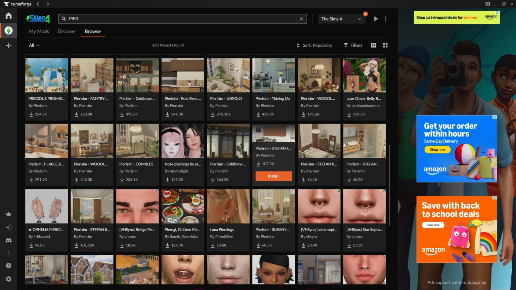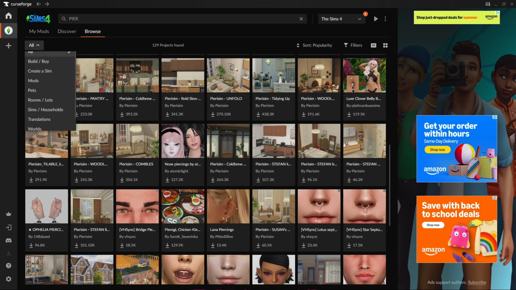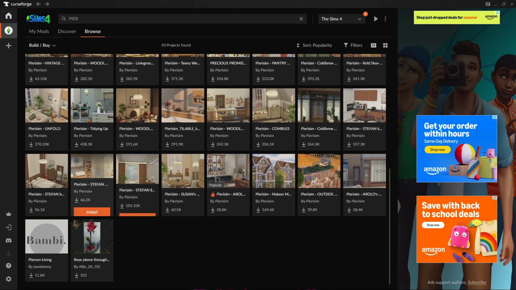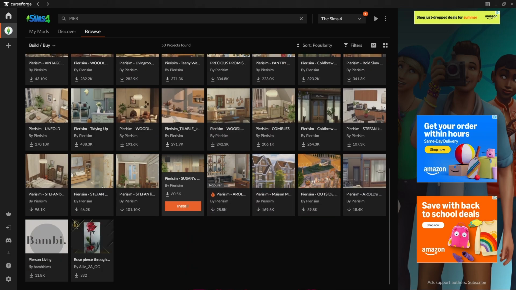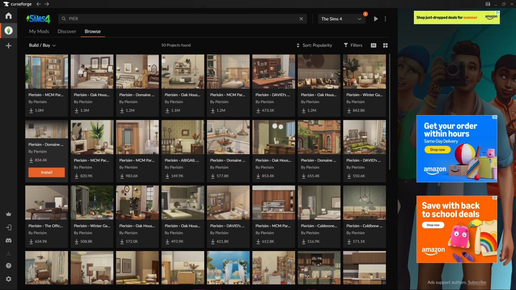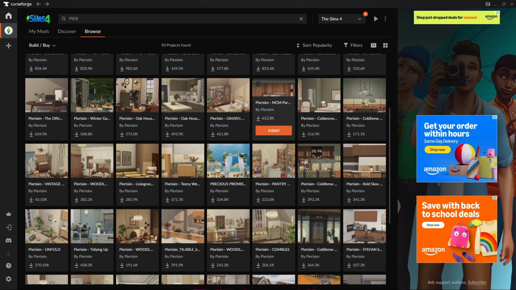As you can see, built by, just some really good CC and rooms and stuff for you to choose from if you honestly are looking for a certain boho vibe. I feel like a lot of their stuff is boho themed, and if you want a boho thing going on in your house, this is the person to get it from. Okay,